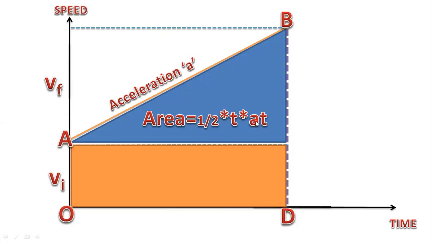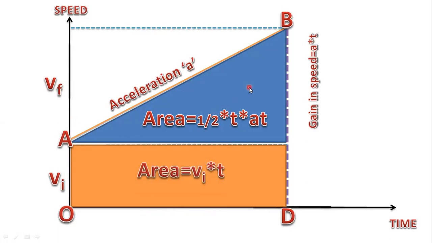At is the product of the acceleration and the time. So next is the gain in speed. So gain in speed is the acceleration times the time passing on this line. So the product of the acceleration and the time is actually what we can say the velocity, that is gain in speed. So from this point it is increasing.